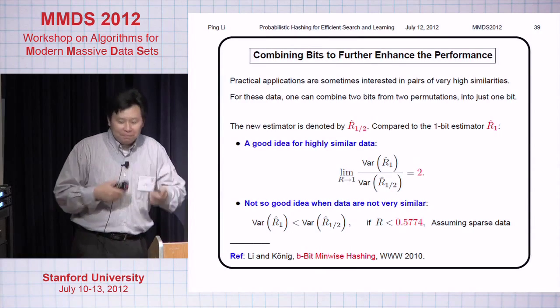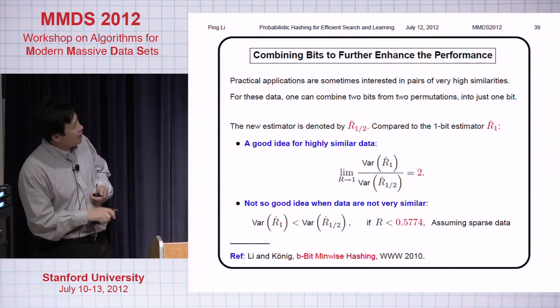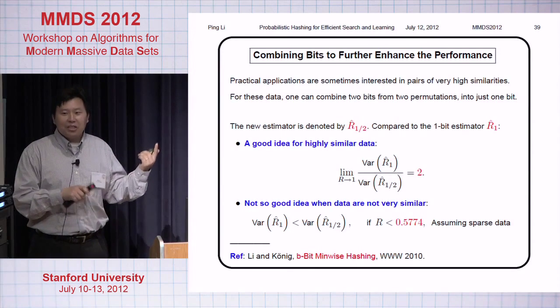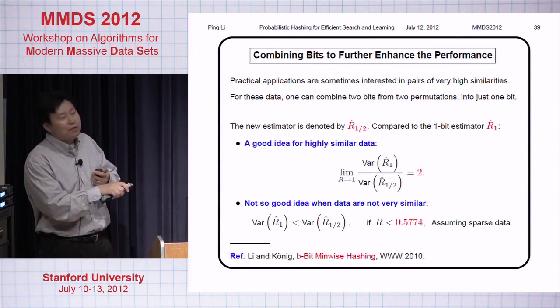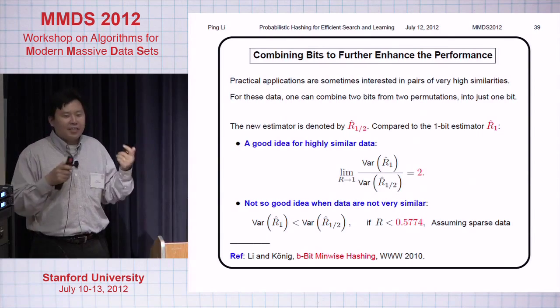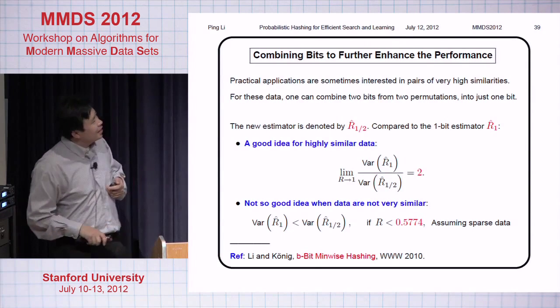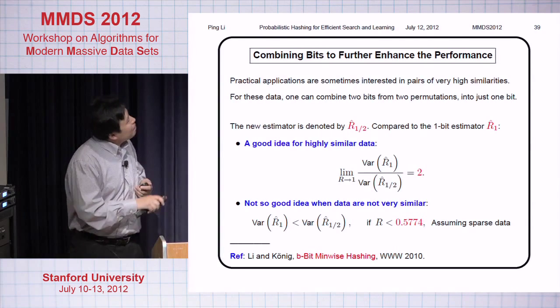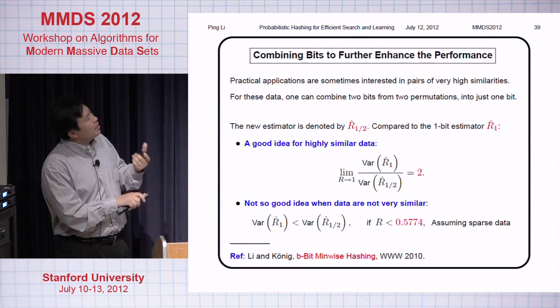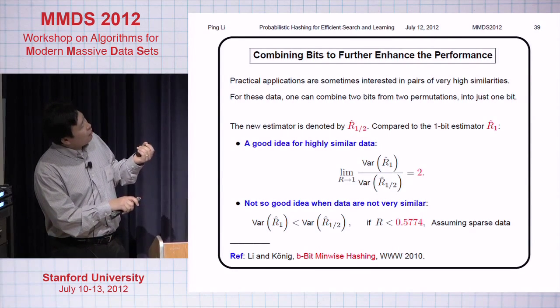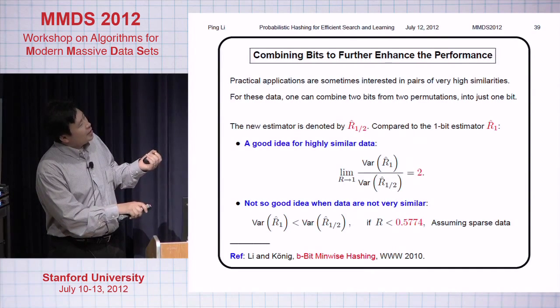You can draw them to get 1 bit. You still get 1 bit, but what we use a half to mean that. So you get 2 bits and you draw them. And you get 1 bit, but we use a half to denote this, what I mean. So basically, it's a good idea to draw the high similar, for high similar data, you get twice the improvement